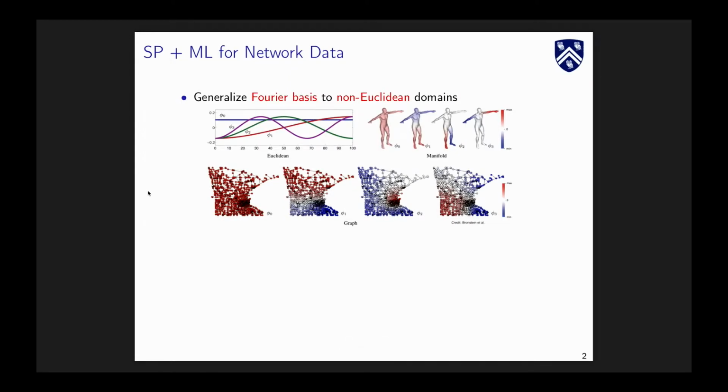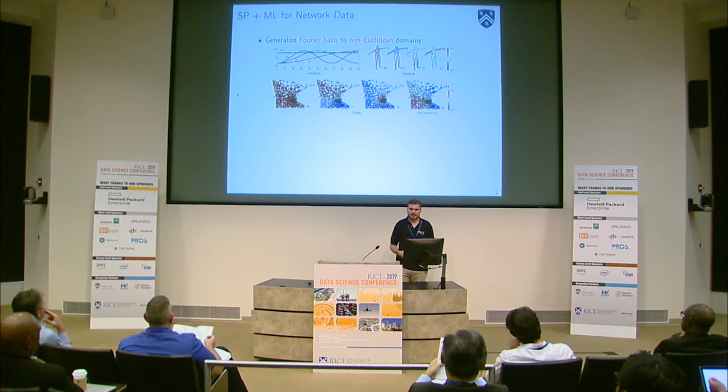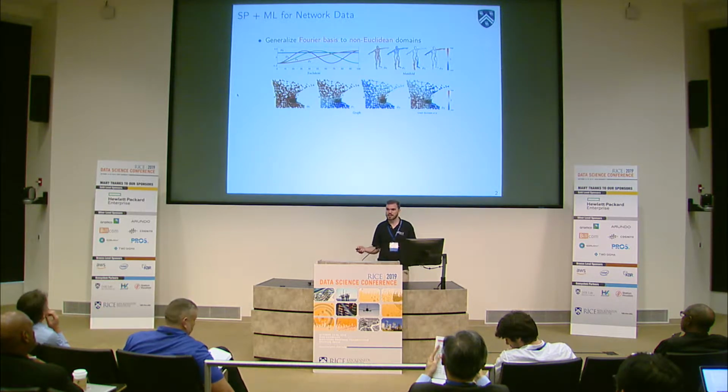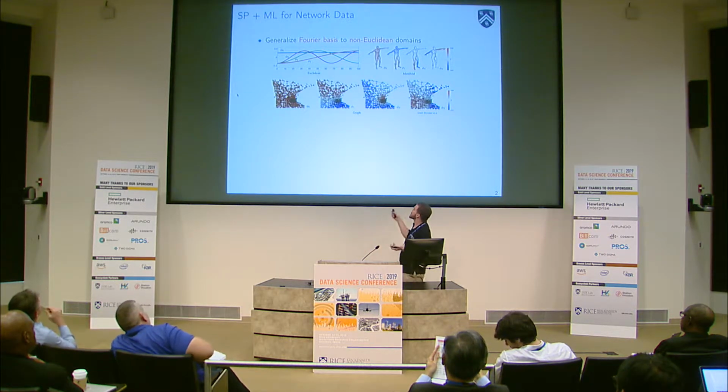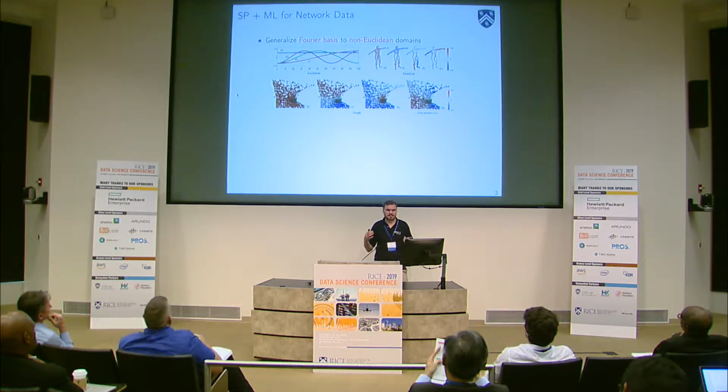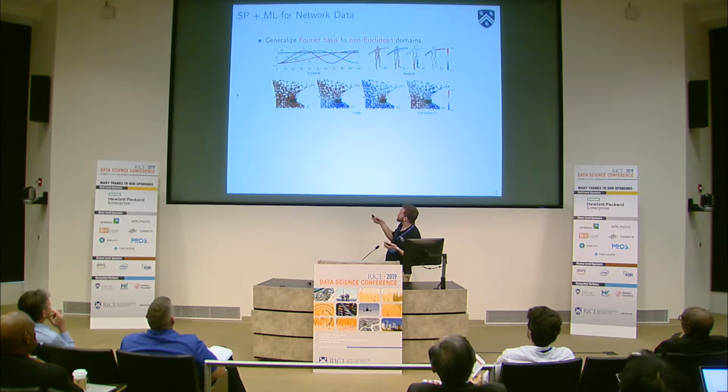Okay, so a lot of this graph machine learning stuff has its basis in these ideas of signal processing and machine learning for network data. And core to this is the idea of generalizing these well-known Fourier bases to non-Euclidean domains, right? So up here at the upper left, you can see these normal Fourier basis type functions. So you have a smooth DC function at the top, this straight line, and then these sinusoids that represent frequency,